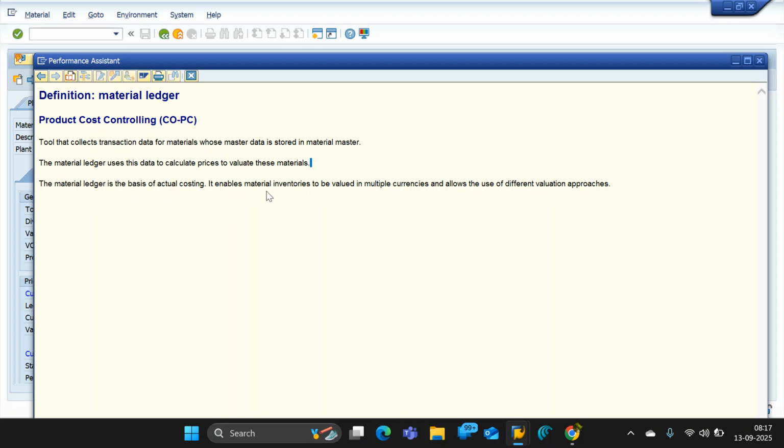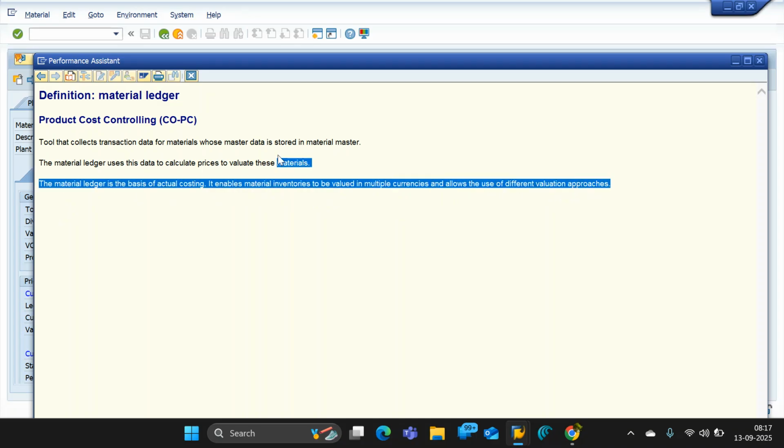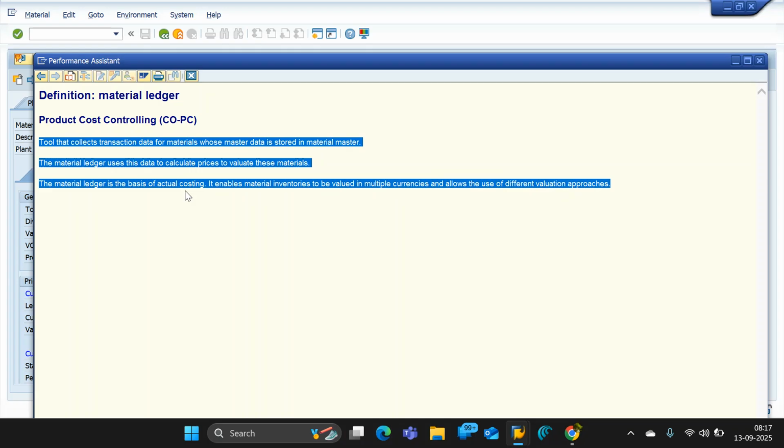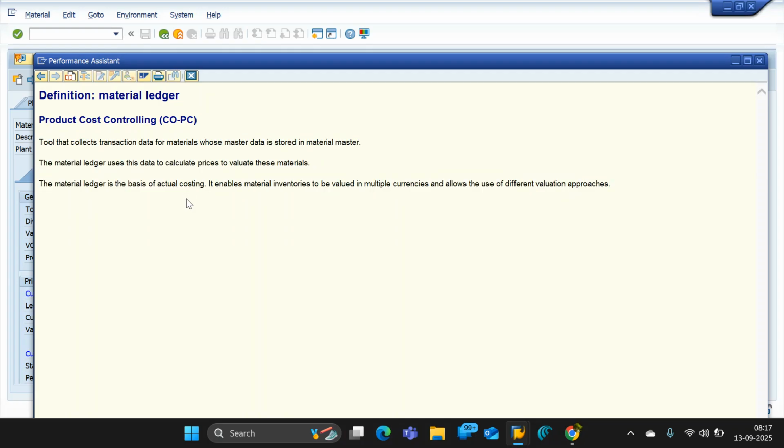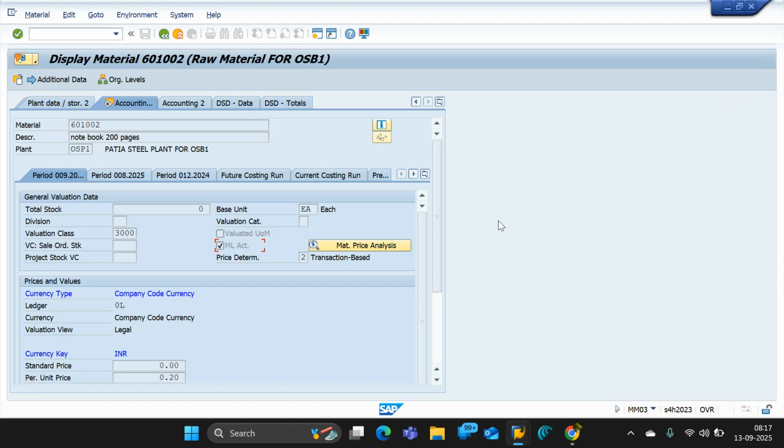It enables material inventories to be valued in multiple currencies and for the different valuation approaches. Okay, this deals with the value of the material. So this setting is introduced in S4 HANA; previously in ECC,